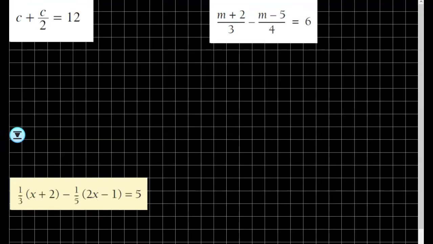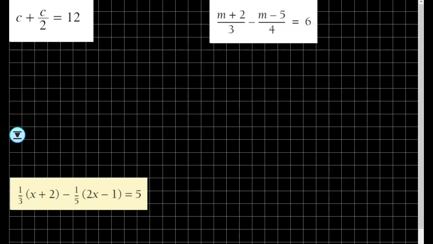Just hoping that you get into the groove and seeing that some of the questions might look a little bit different, but we've already got the skills to do a lot of this stuff. So if we look at the first one, just pop that in, and I put them in random orders. So we see we're not quite happy. We've got C and C over 2, and I know a lot of you might be going, well, that's just a whole C plus half a C. So that would be